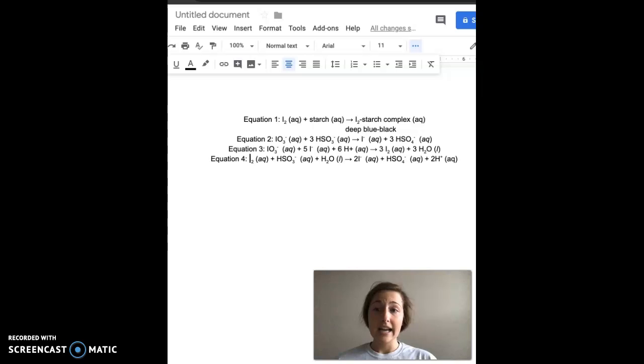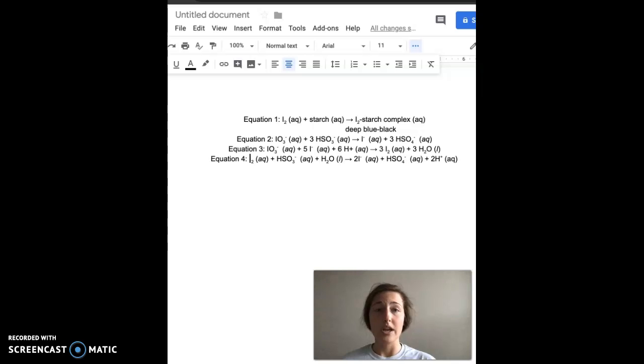As the iodide, which is a colorless ion, is produced, it is quickly oxidized to iodine, the colored I2, by the iodate ion, which is shown in equation 3. However, the iodine is reduced immediately back to iodide by bisulfite, HSO3, as seen in equation 4. Since this step occurs extremely fast, the molecular iodine does not exist long enough to react with the starch, and no color change is observed until all of the bisulfite has